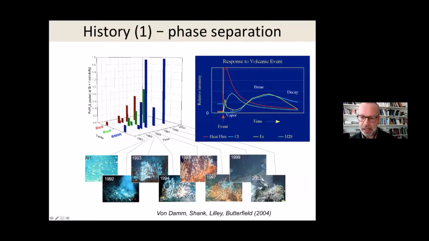You can see how iron, this is iron here, is very tightly coupled to chlorine because the iron, in order to be dissolved, needs the fluid to be briny because it forms complexes with the chloride anions. And then you see that H2S, so hydrogen sulfide, which is a dissolved gas, shows a trend that is opposite to that of chlorine. Okay, so very high H2S concentrations early on, and then lower H2S concentrations later on when